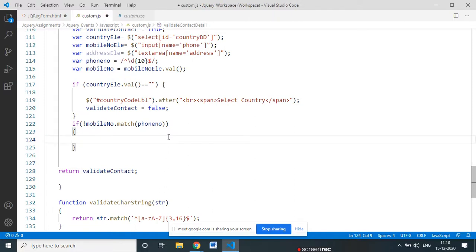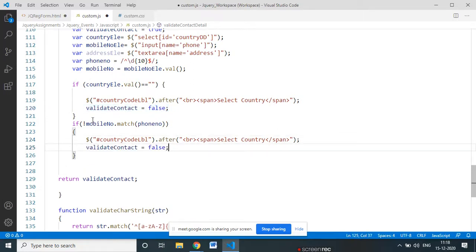So what you need to do, you need to put the span after mobile number element. This is HTML element, so how can you put it after? All right, so here, and validate is equal to false. You know why this validate contact variable we have taken in earlier sessions. I have explained that.